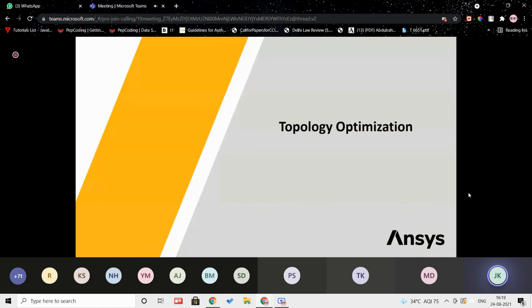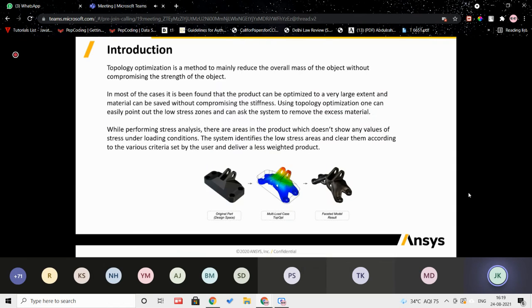So the next one is topology optimization. The first application demonstrated the use of appropriately studying your model and choosing the element type so that we can have good accuracy without compromising on high computational speed. And in the second one, we concentrated on the fatigue life, which mainly helps to set the inspection schedule or the maintenance schedule. The next one is topology optimization.